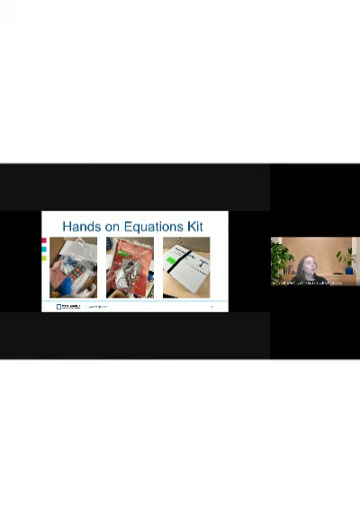So there may be at your school a hands-on equations kit. These are a few pictures I took at my desk. If you've ever seen anything like this, we have been sending you some information about some training you can attend to get a hands-on equations kit for your school. That is being done by